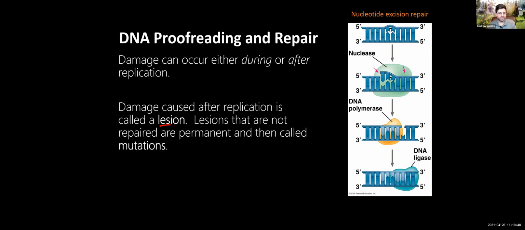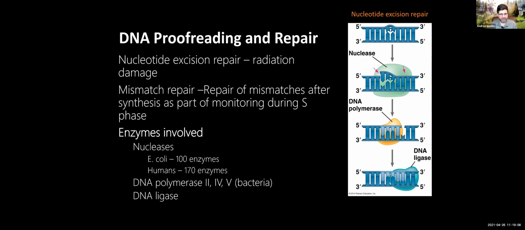Understand that damage to DNA is not a mutation. So make sure you get this: a mutation isn't damage. The damage happens, and the damaged piece of DNA, that area, we would call a lesion. If the lesion is not fixed correctly, then it becomes a mutation. The key to mutation is that it is heritable to the next generation of cells. We'll talk more about mutations later, after we do gene regulation.